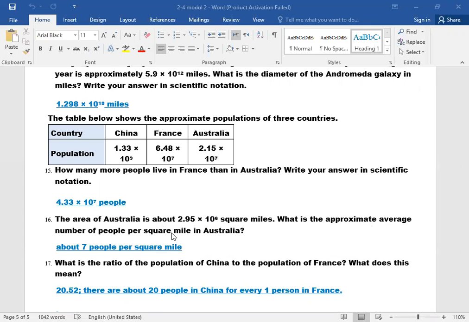Which means we have to divide the number of people in Australia by the area of Australia. Then, how are we going to solve this question? As I told you, we are going to divide. But which number are we going to divide? We will divide